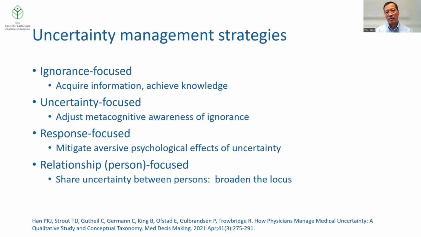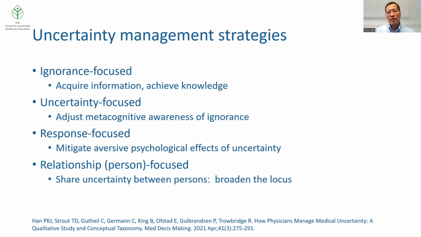One is ignorance-focused, which we've already talked about. But the other types of strategies are, first, uncertainty-focused, which aim not to reduce ignorance, but instead to adjust our metacognitive awareness of ignorance, which is uncertainty. Uncertainty, again, is not equivalent to ignorance, but it represents our conscious awareness of ignorance. And there are some strategies that focus on altering or reducing uncertainty rather than getting rid of ignorance. And then thirdly,